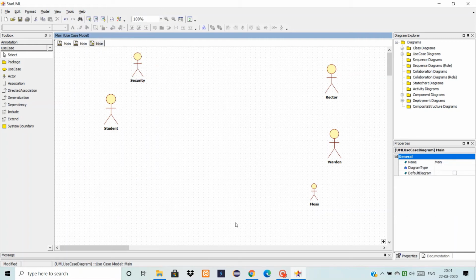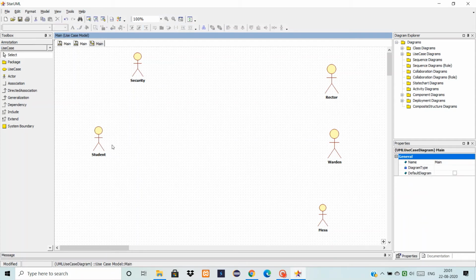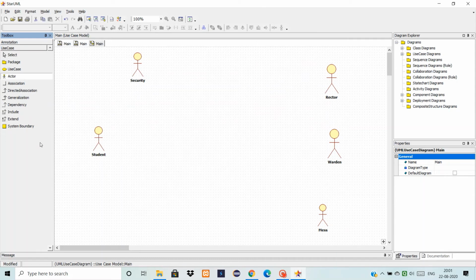Now we have the actors decided. Let me make this a bit bigger. Okay. Now, as I said in the PPT, students can be from different branches. So here we'll actually apply the concept of generalization.